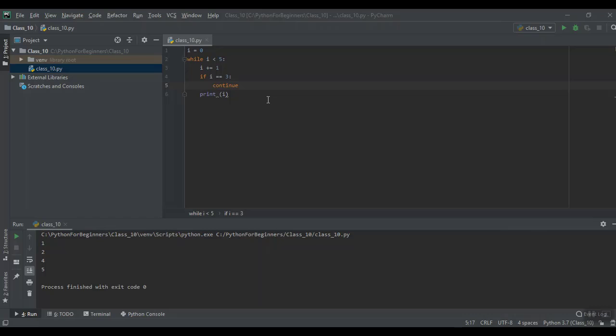We can also have else statements. So at the end of this, it will say while i is less than 5, it will do all of this. But if we have else, that means i is not less than 5. So after i plus 1, then it would go to else since i is not less than 5 anymore. So let's make it print i is no longer less than 5. And instead of printing i, we'll print a text. Let's make it print